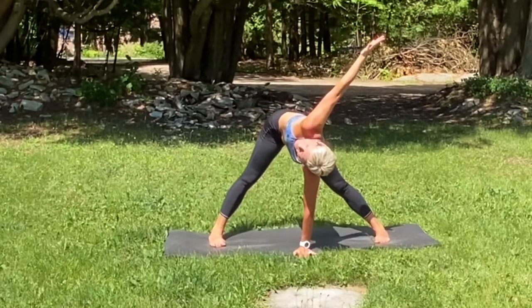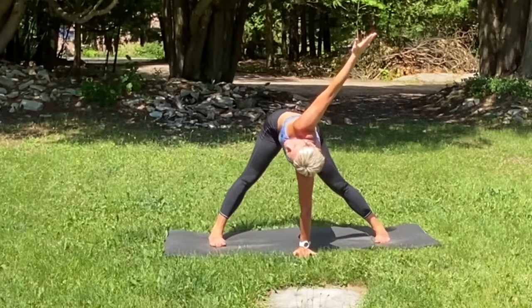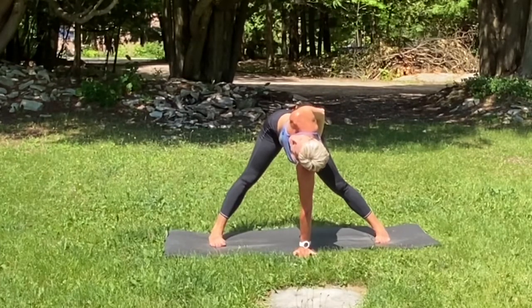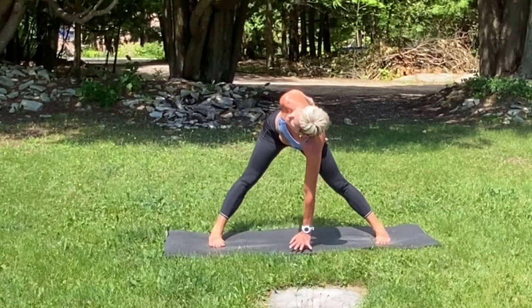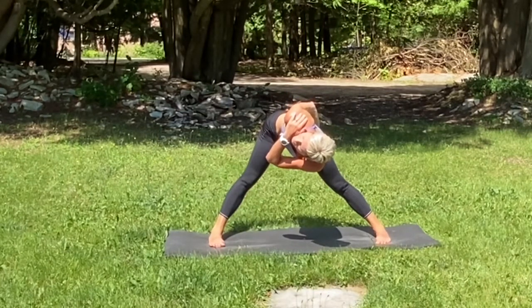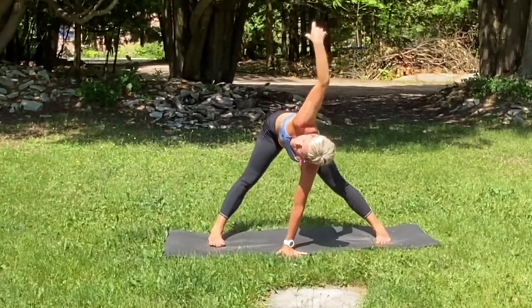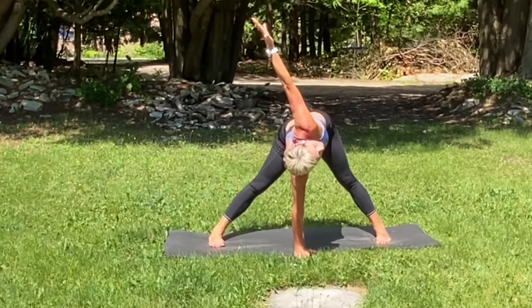Planting your right hand, reach the left hand up toward the sky in a twist here in your straddle bend. Feel free to find a half bind so you can really wrap that shoulder blade behind your lower back and lift your heart. Release the hand from the floor and grab opposite shoulder for a little variation here. Release floor to ceiling, and we'll take those poses on side B, reaching up to the sky, gazing up,